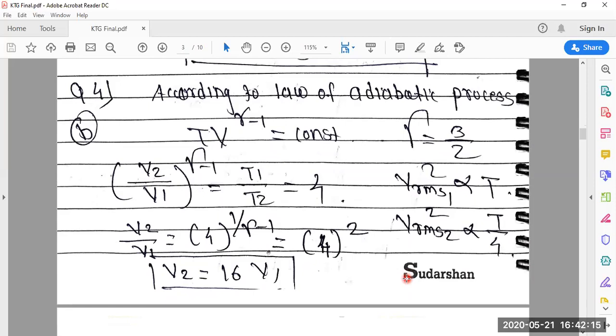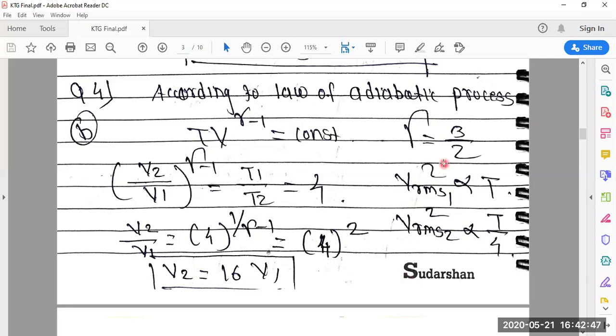The gas expands adiabatically. Adiabatically means the exchange of heat is equal to 0. How many times has the gas to be expanded to reduce the RMS velocity of the molecules 2 times? So to change the RMS velocity 2 times, how many times does the gas have to expand? Calculate the volume when the RMS velocity is changed by 2 times.